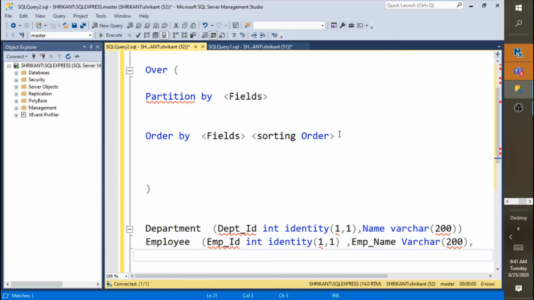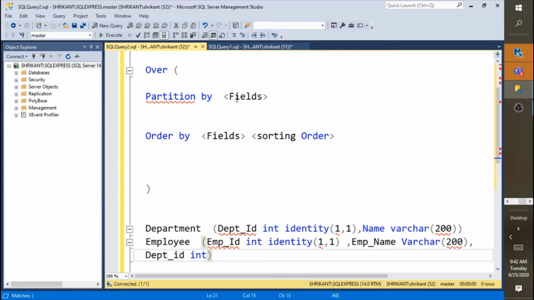Then we add a link between the department and employee tables: this dept ID, which represents the department of the specific employee, I'm making of type int.